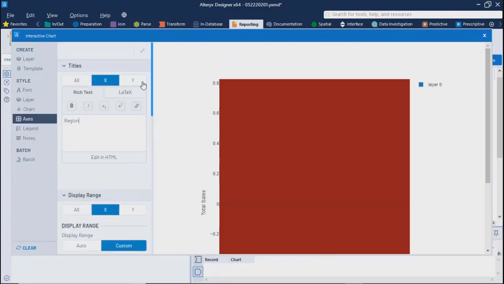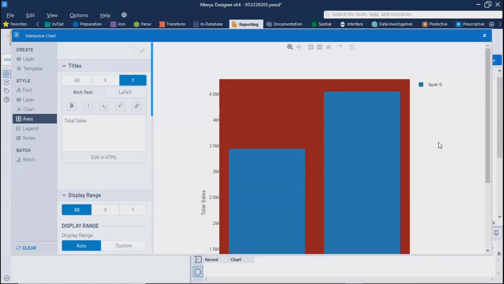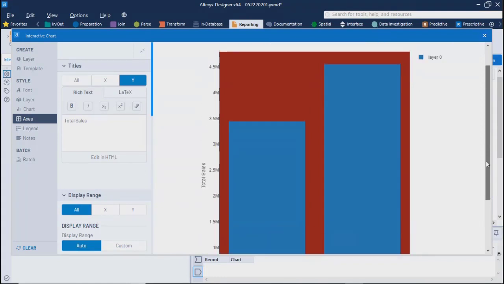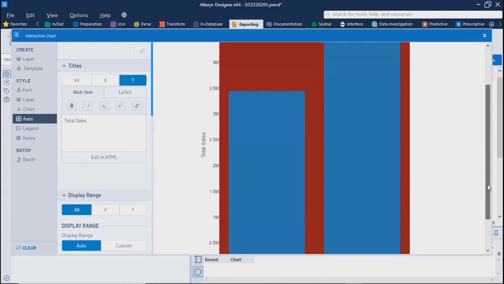Axis region. Why do you have total sales? I think we can connect this to the right data, so sample superstore kind of thing. Then we can try the charts. That's an easy way to identify as well.